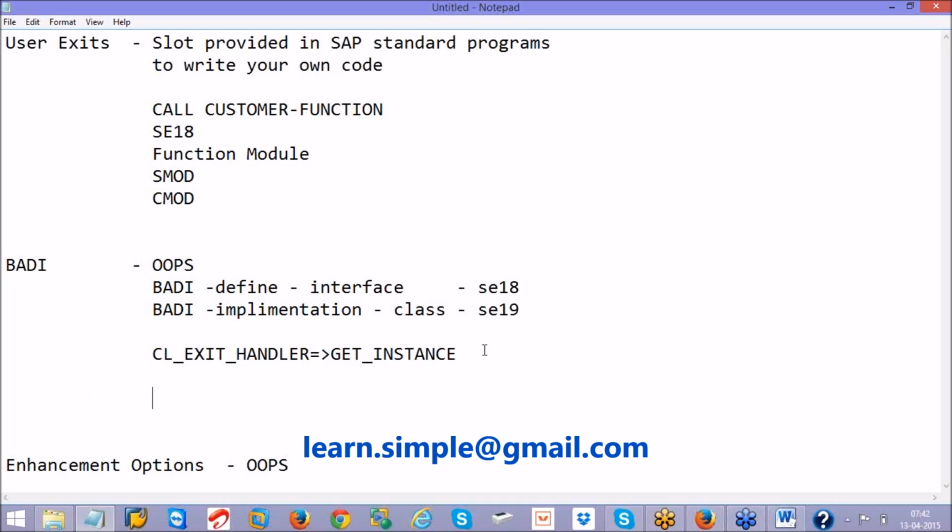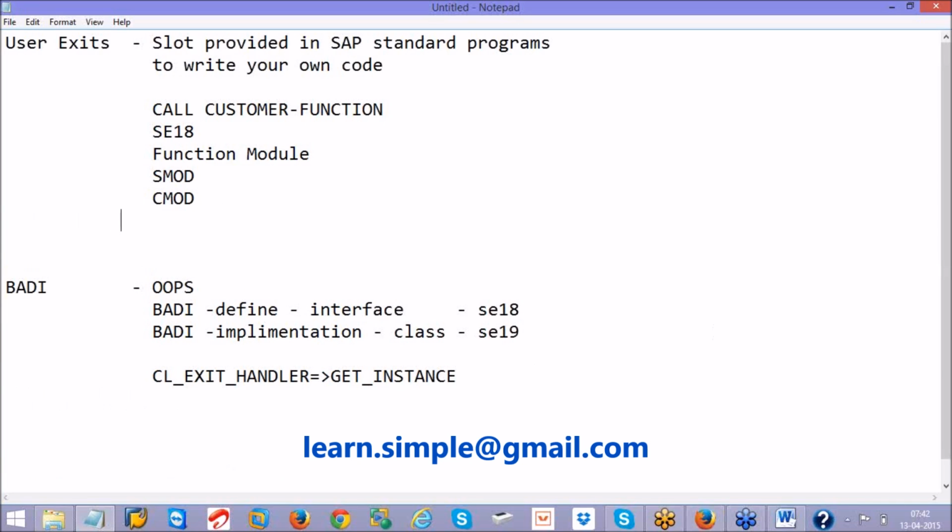You will not get that sort of error in BAdIs. In user exits, only a single implementation is possible. That means if somebody has already used the same enhancement, you cannot use it again in your project. You need to delete or deactivate that project, or otherwise add your code in the same project.